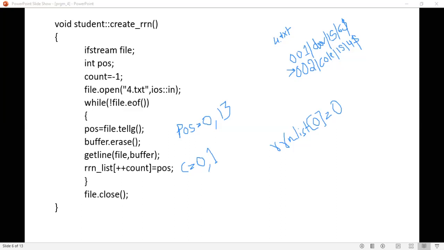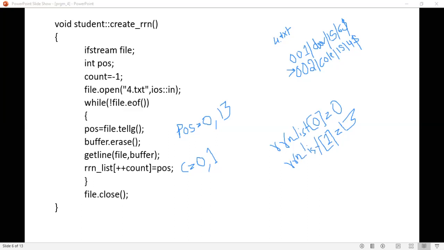So RRN list of 1 is equal to how much? The position. What is the position now? This 13. 13 is the position. This is RRN. Okay. RRN list of 1 is equal to 13 now.